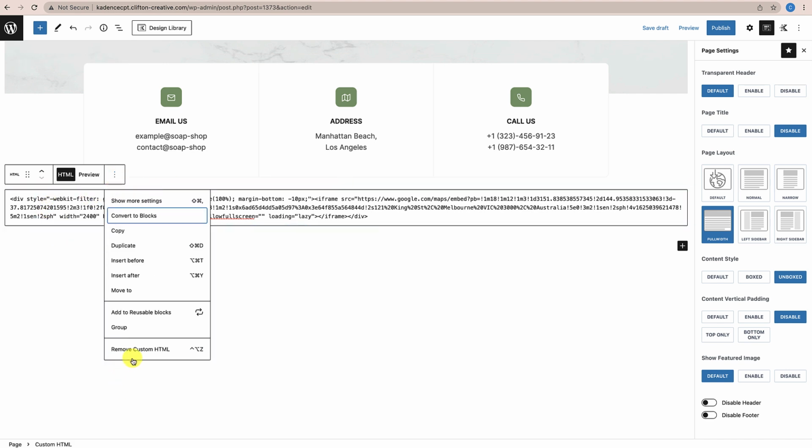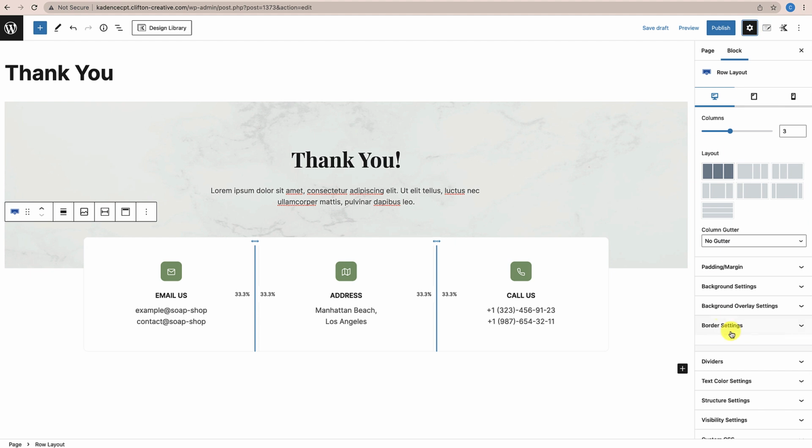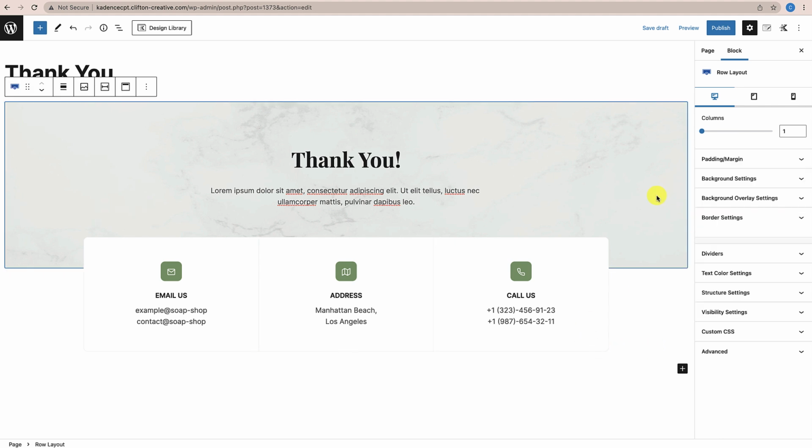It's HTML block here. All right, and now we have a pretty decent thank you page. And then we can make this, actually, just select this row right here, and then go to your settings, padding and margin. And we're going to get rid of this margin there, and maybe extend this a little bit bigger,